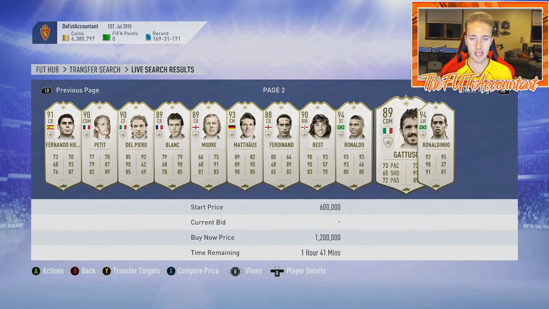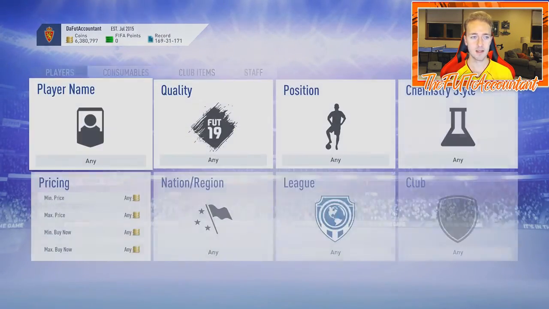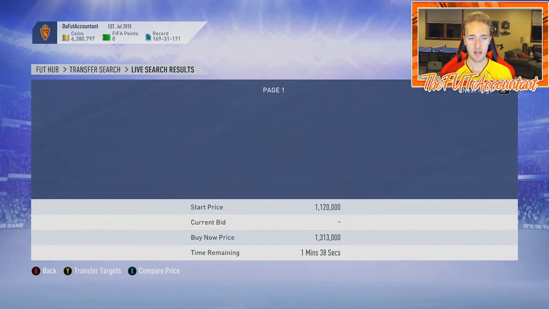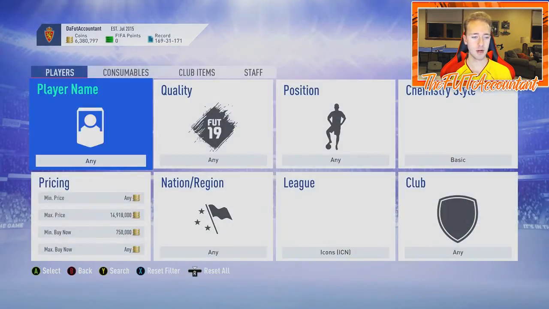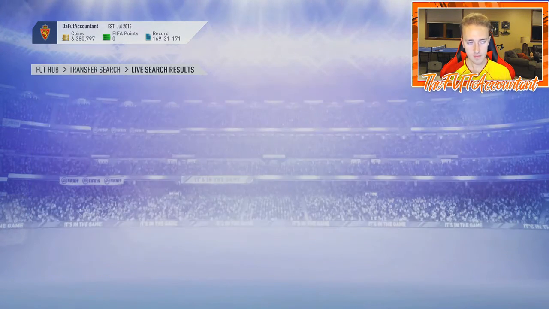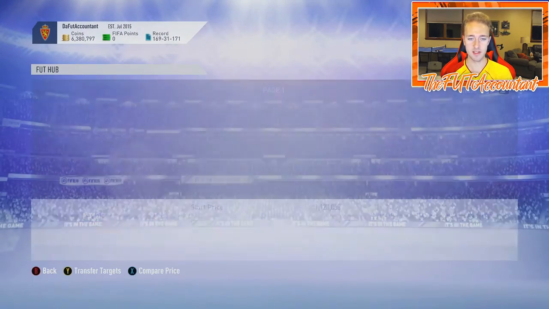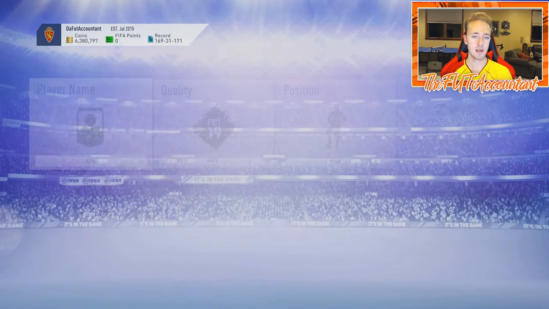So I bought the card for 888,000 coins. 3 hours later, I'm selling it for a 62k profit at 1 million coins flat. And you just have to kind of know, again, you have to know your icon prices, and you have to know what they've been selling for, even though they are very low. Like if I would have seen this Del Piero for that cheap of a price earlier in the year, I would have bought that instantly, because he was going for 1.2 to 1.3 million coins before